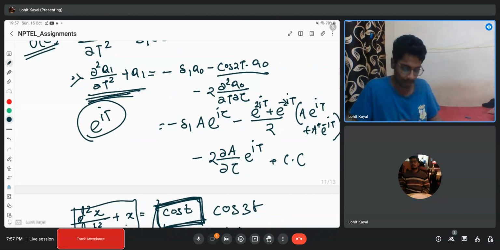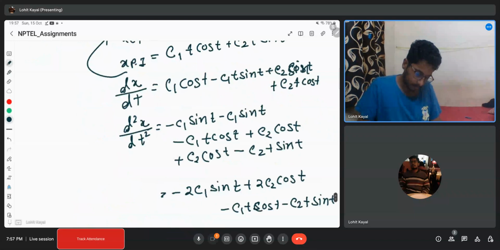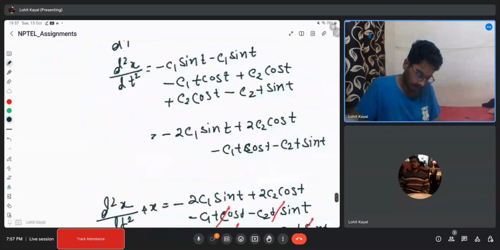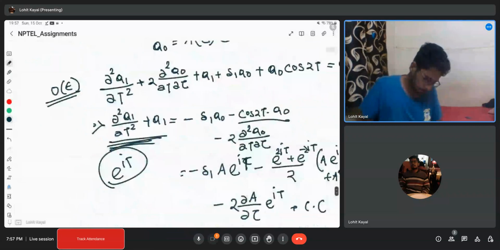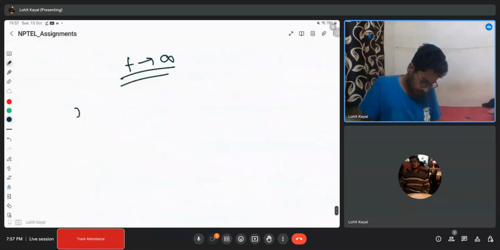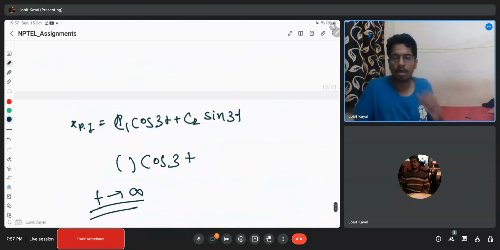That is our whole idea. So we will have del square a1 by del t square plus a1 equal to